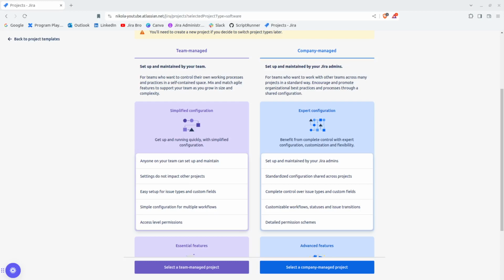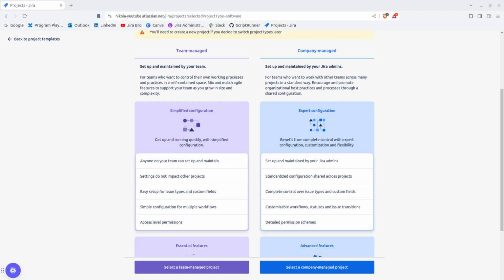Hello, and we are going to be talking today about two project types. In Jira, there might be a lot of different project templates. You have templates for software development, for work management, for service management, and for finance. Within software development, the most used are Scrum and Kanban, but there are also bug tracking, top level planning, and cross team level planning. For project types, there are only two, and these are the company managed and team managed